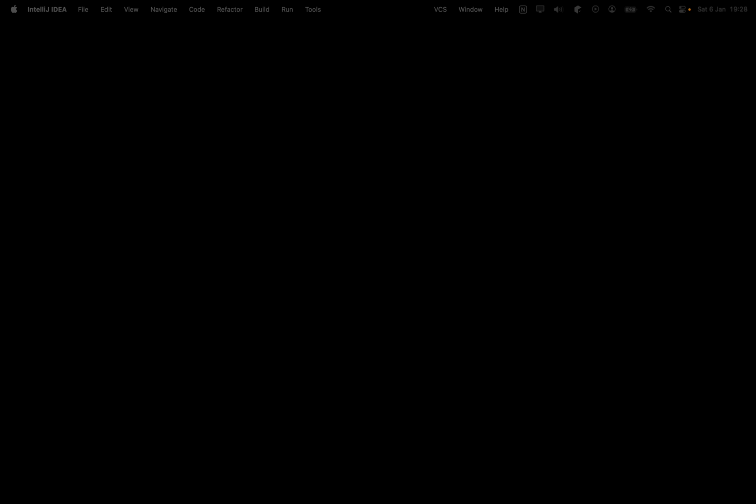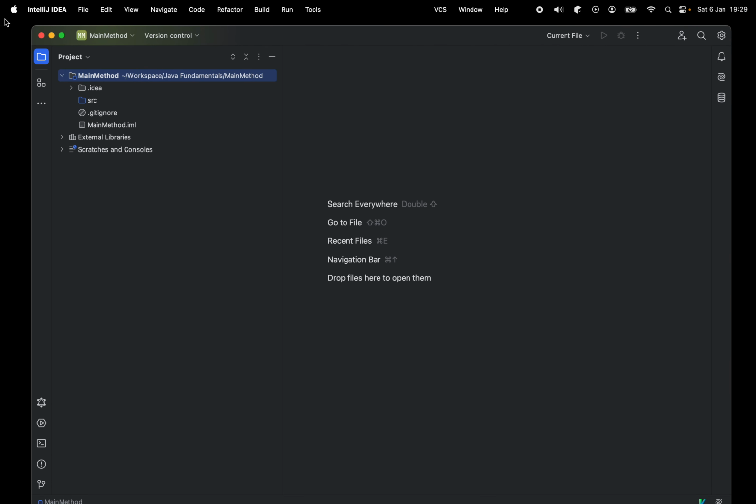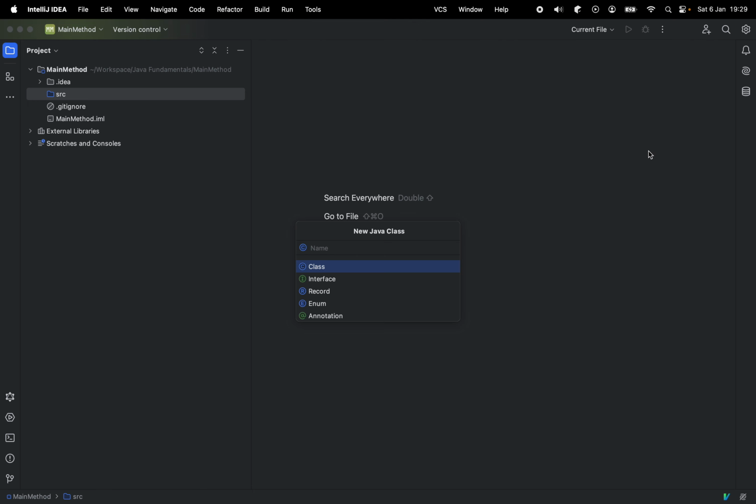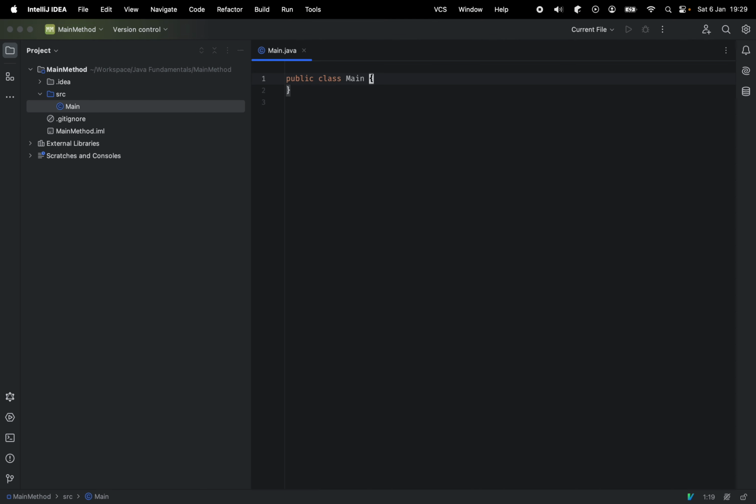So now let's press create and we'll get an IntelliJ workspace like this. So let's just create our class. We'll go create class and go main, press enter. Now I'll create our class here. So